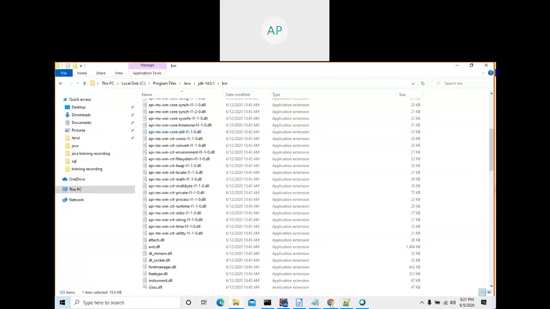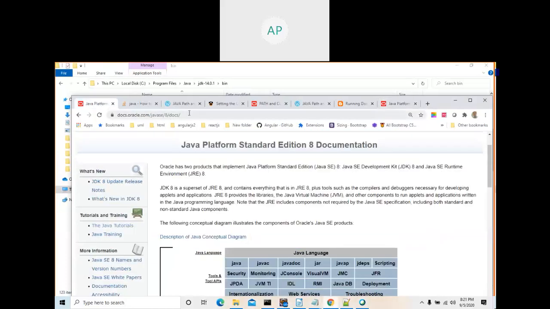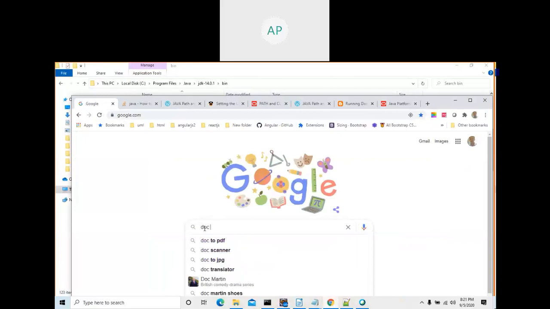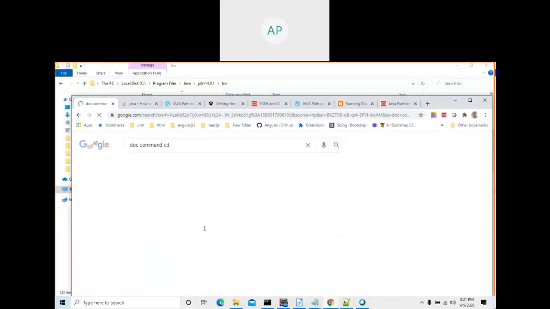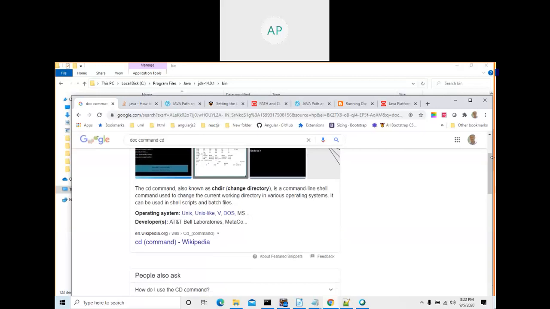Let me go to DOS command CD. You can type the CD command as a DOS command. DOS in the sense of Windows operating system commands to run in the command prompt.